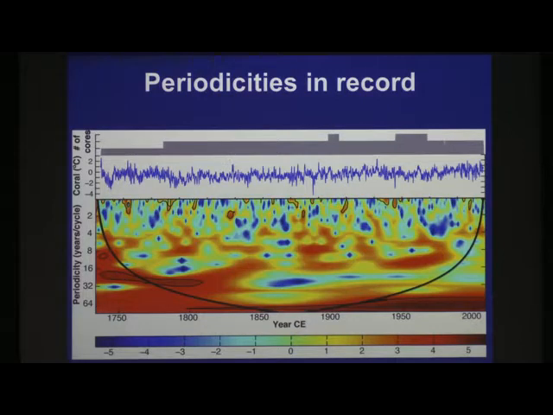However, there's one caveat to wavelet analysis. You'll notice this bowl shape here, which is called the cone of influence. To do this type of analysis, you have to pad the time series with zeros on the ends, which produces the cone of influence. Everything under the cone of influence you cannot interpret because of that zero padding. So where I have significant periodicities, they're being sliced in half by this cone of influence.